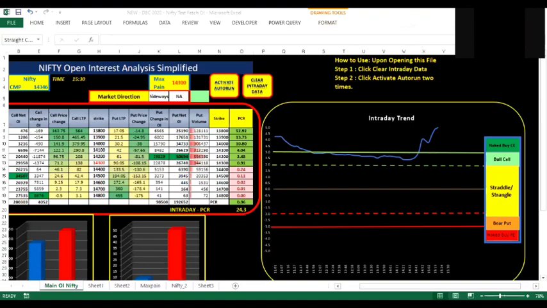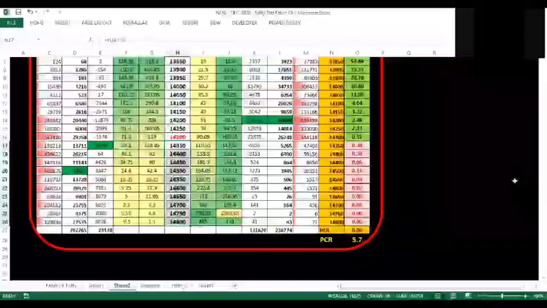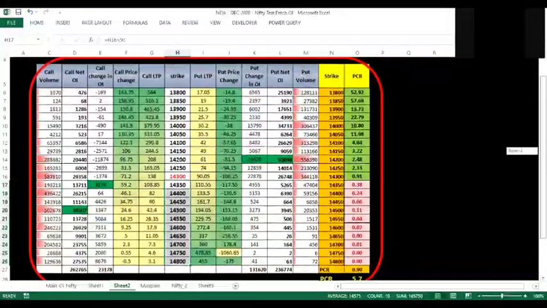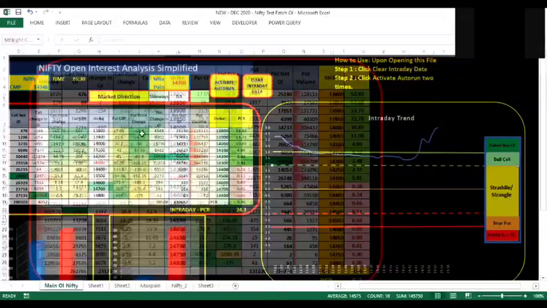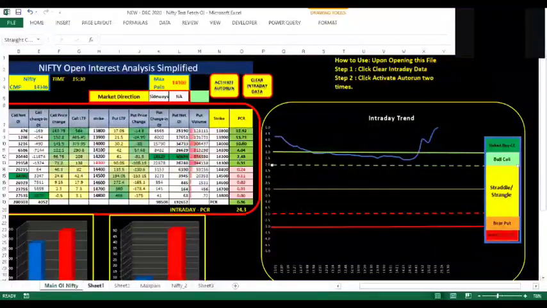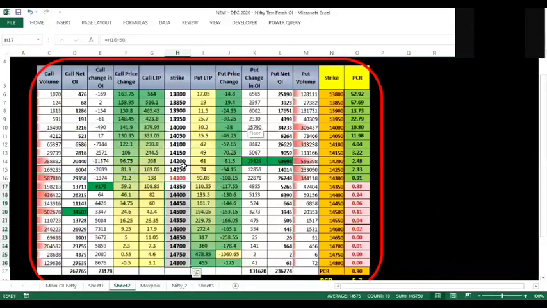So we also see there are a number of sheets down below, sheet 1, sheet 2. Now sheet 2 has a bit more data for those people who want to rely on more data rather than the 5 line items above and 5 below, if someone really needs more data to analyze. So on sheet 2, you get 10 strikes above the ATM and 10 strikes below the ATM, and we are just calculating the PCR, which is for the weeks. Basically, this PCR is being used for showing the market direction here as sideways.